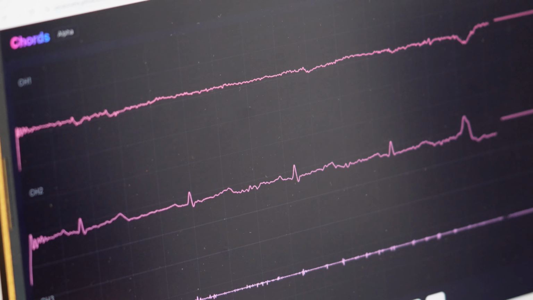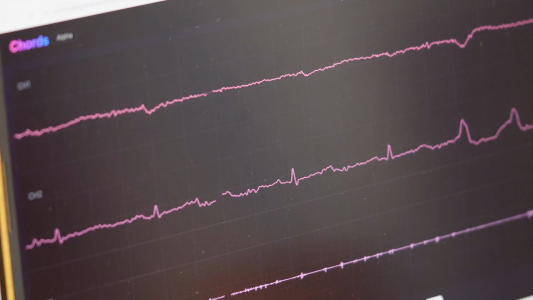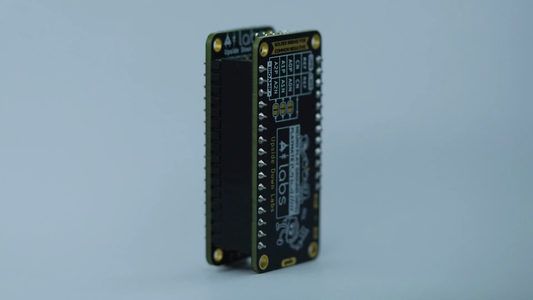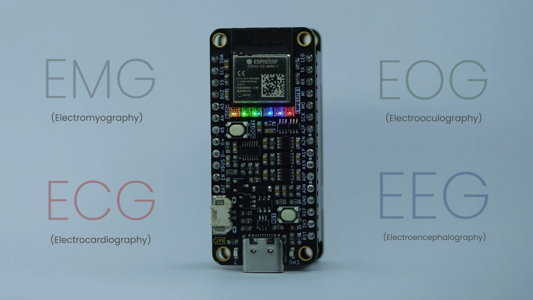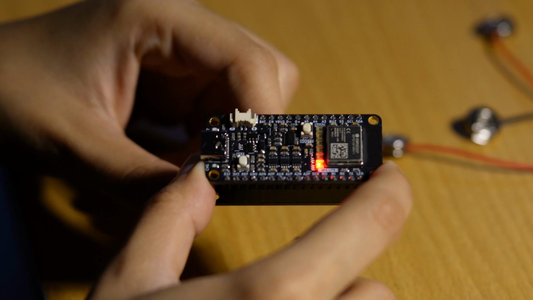Last week we officially announced Neuro Playground Lite in Quartz. NPG Lite is a sleek 3-channel wireless biopotential amplifier for EMG, ECG, EOG and EEG. Its compact design and hassle-free setup ensures easy portability, quick deployment and a clutter-free experience. Makes it ideal for research, education and wearable applications.